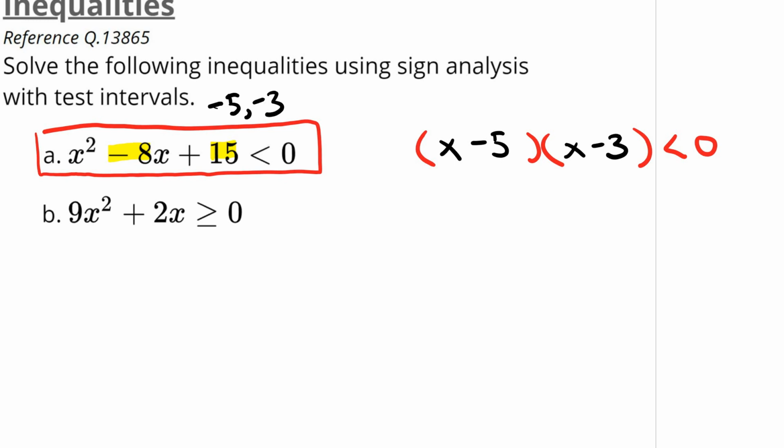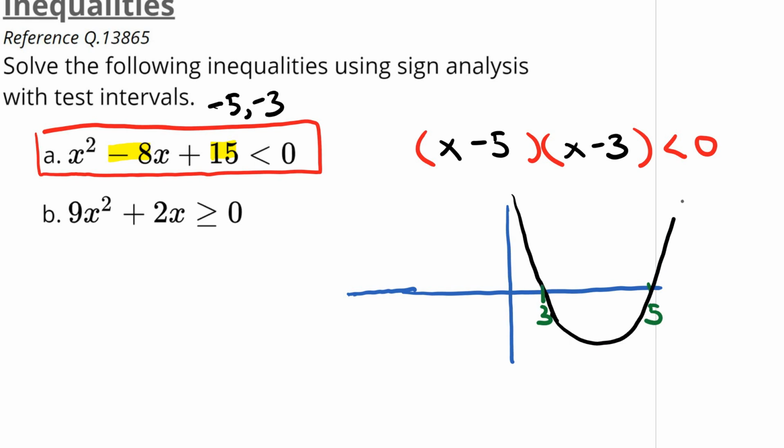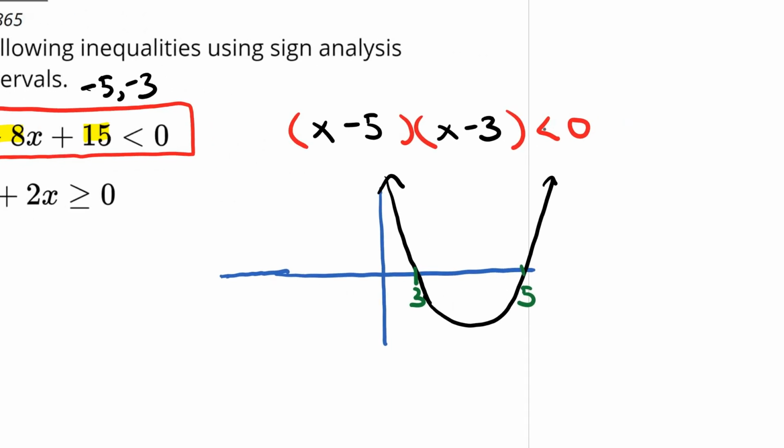Okay, so if I had to sketch this, you've got to be very good at sketching these quadratics here. Looking at this particular graph, the zeros are at 3 and 5. Since this is opening up, the graph is going to look like that. If you aren't quick enough to sketch these quadratics on paper like that, feel free to go to Desmos. You need the general shape of the quadratic there, because this part right here is asking